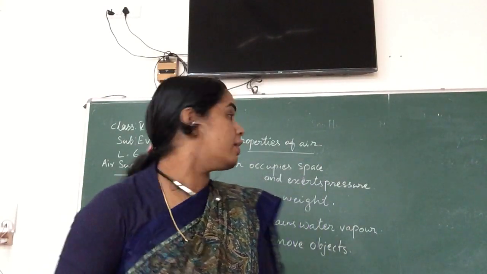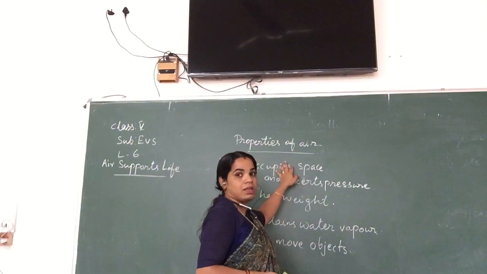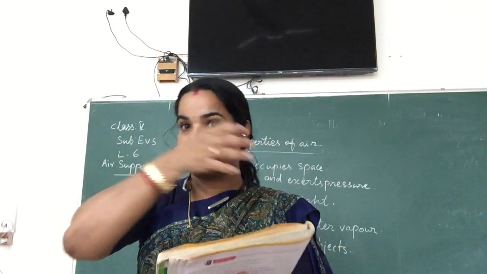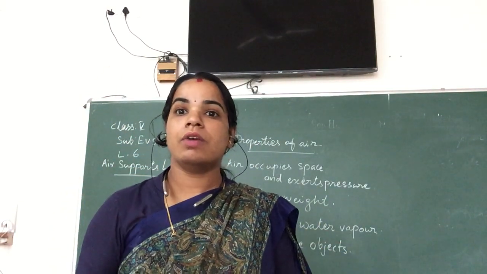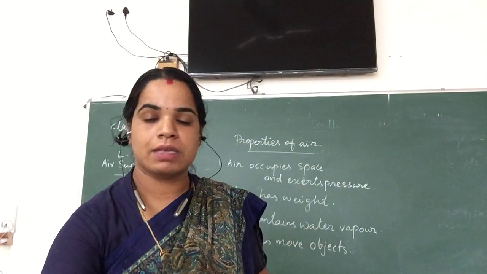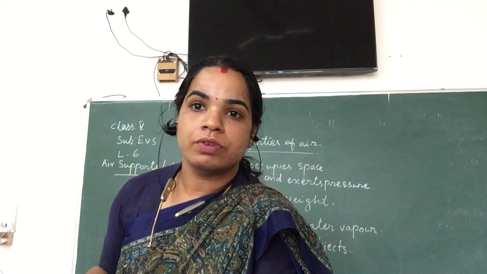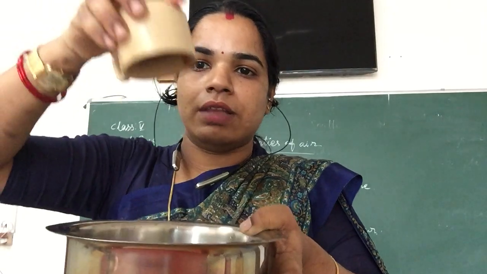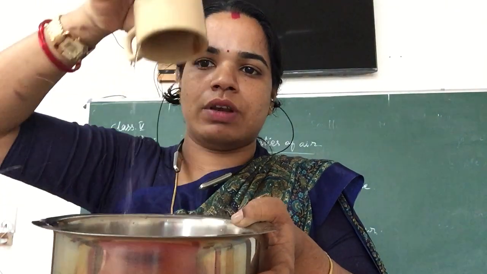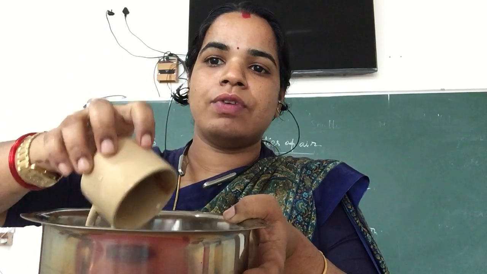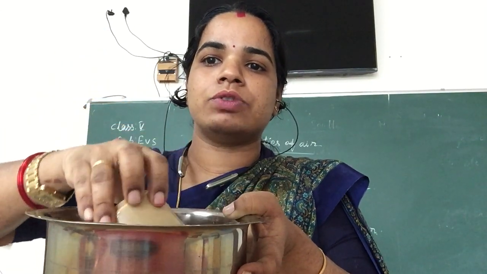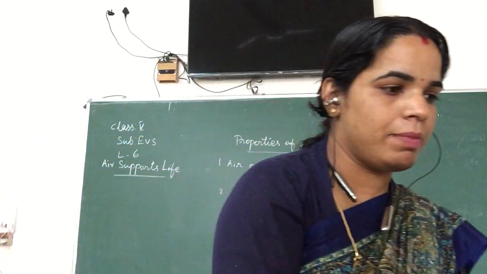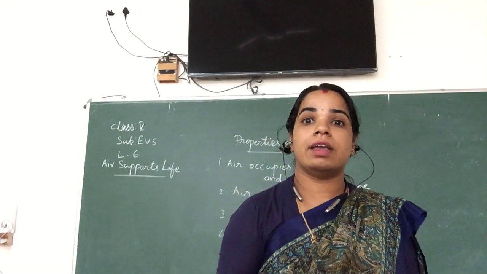So we know that, first, air occupies space, because there is no space otherwise. Whenever water is going inside, the air is escaping from the cup, and in the air's place, water came. Again, one more time. Here is water again, and I keep the cup reversed, and it is empty only. Just to fill it, I slightly change this position. Then you have to see the bubbles coming. In the form of bubbles the air comes outside.